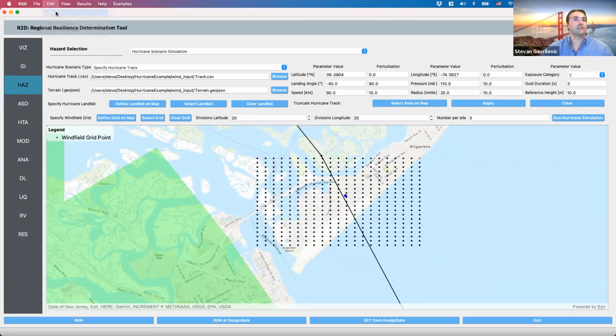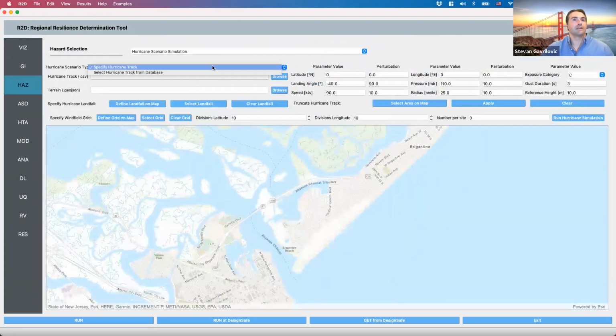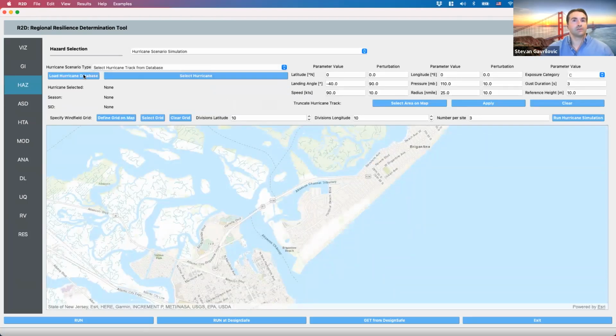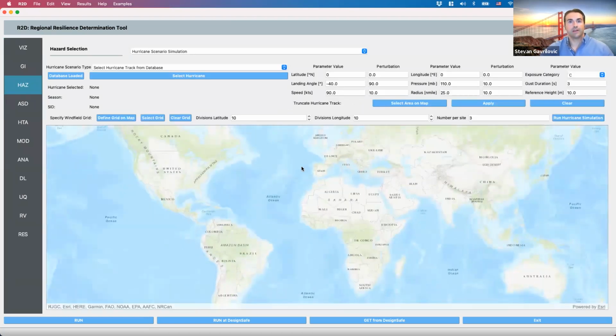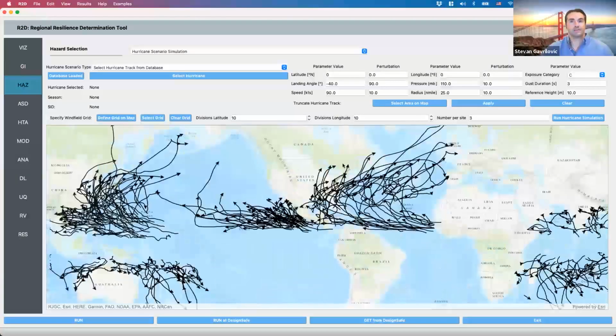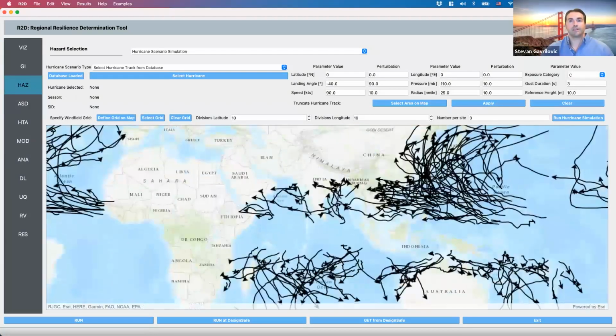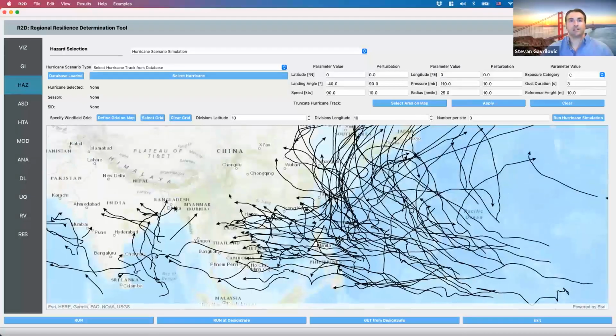I'm going to clear this and go back to hazard. And this time I'm going to select it from the database. So I'm going to load the NOAA hurricane database. It'll take a few seconds. But now every hurricane in the last 3 years will appear here, and you can zoom in on any particular